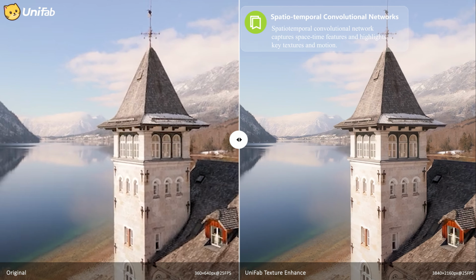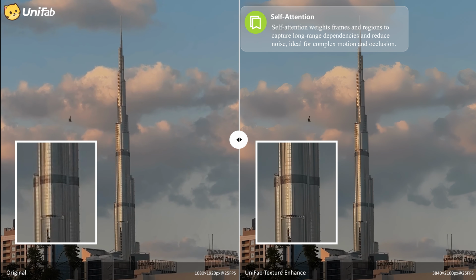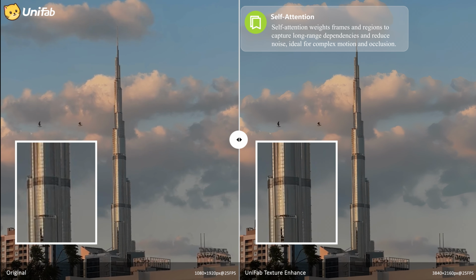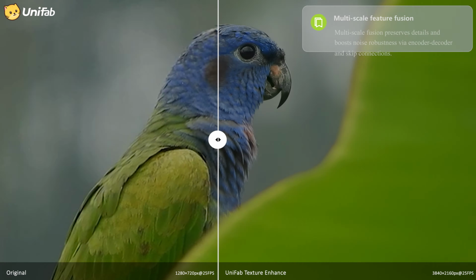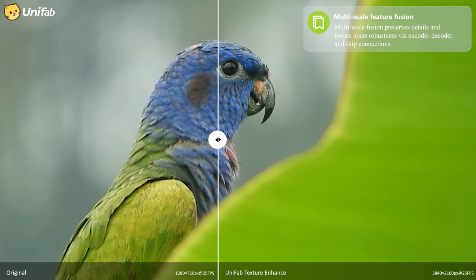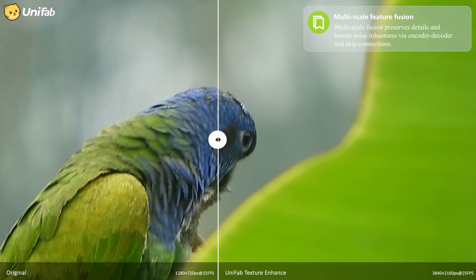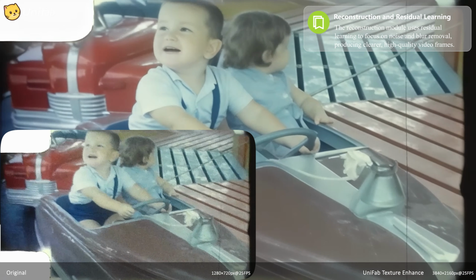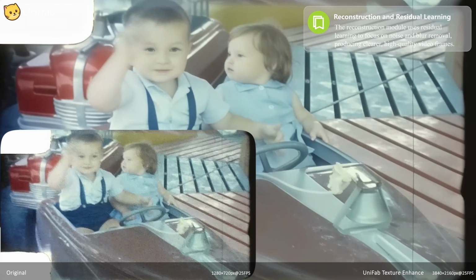Next, the self-attention mechanism weights video frames in spatial regions, capturing long-range dependencies and suppressing noise, which is particularly effective in complex motion and occlusion scenarios. Multi-scale feature fusion employs an encoder-decoder architecture and skip connections to preserve high-resolution details, enhance noise robustness, and improve the naturalness of the video. The reconstruction module leverages residual learning to focus on repairing noise and blur, producing clearer and